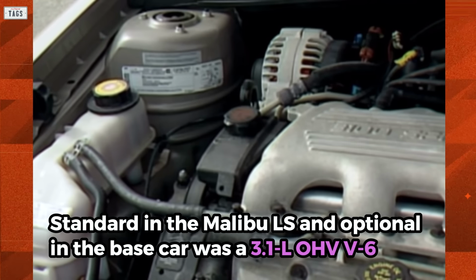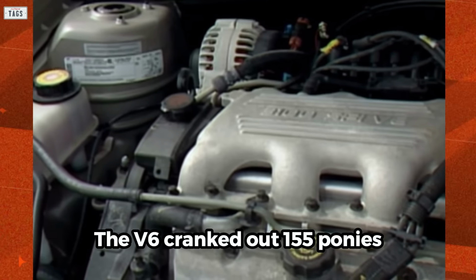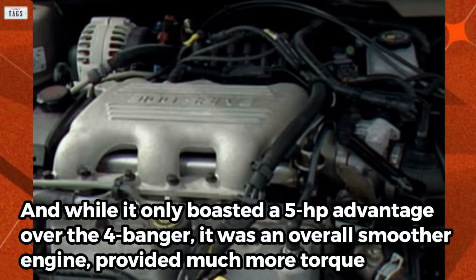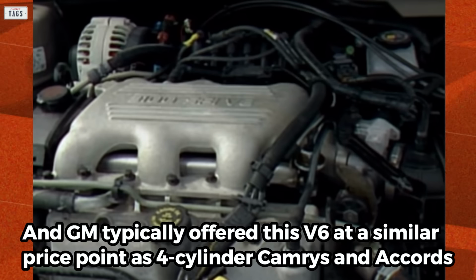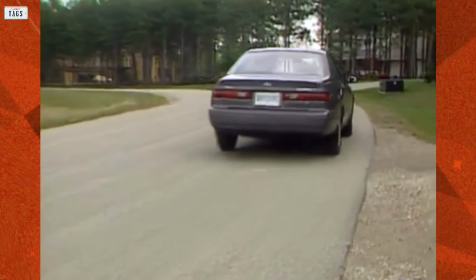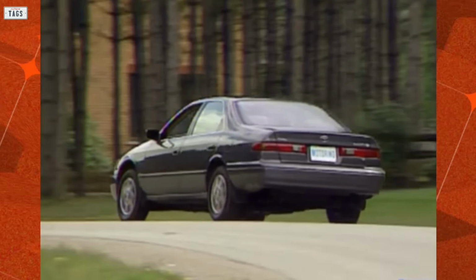That might sound slow by today's standards, but during the time it was more than adequate for a reasonably priced 4-banger family sedan. Standard in the Malibu LS and optional in the base car was a 3.1-liter overhead valve V6. The V6 cranked out 155 ponies, and while it only boasted a 5-horsepower advantage over the 4-banger, it was an overall smoother engine, provided much more torque, and GM typically offered this V6 at a similar price point as 4-cylinder Camrys and Accords. The pushrod design translated to fewer parts, and therefore lower manufacturing costs. Compared to the overhead cam V6 engines utilized in the Malibu's import rivals, the lower cost helped Chevy provide its